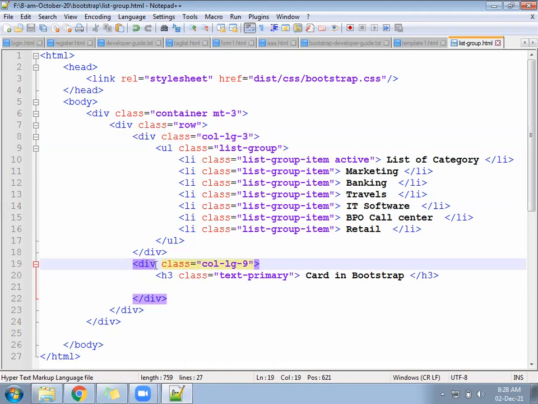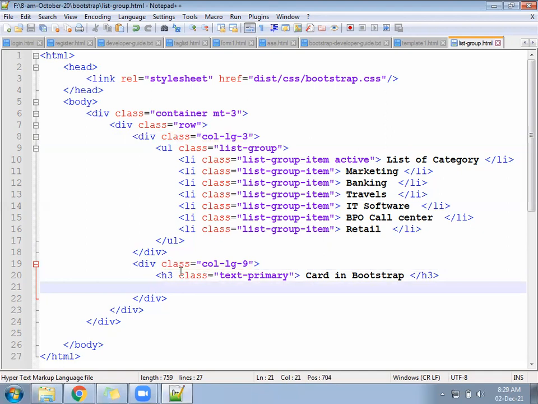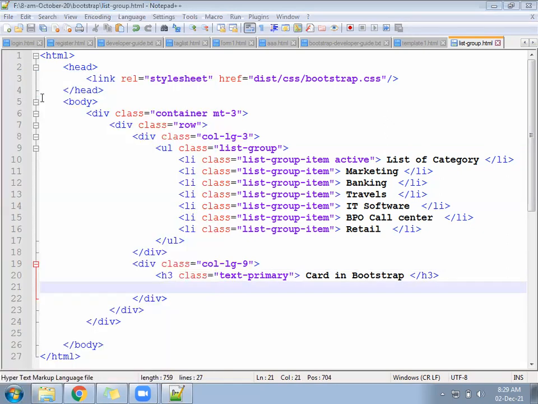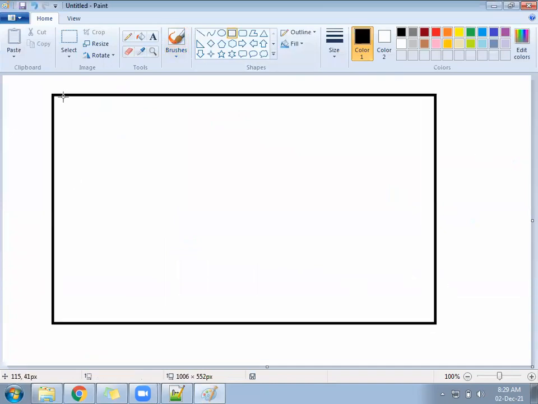Now inside the second column, that is called 9, we want to make 2-3 rows. Directly you cannot write a column inside a column. In case you require it, if you want to break multiple rows inside a column, for example, suppose I come to MS Paint here, and suppose this is one row. Inside one row, you have made two columns, 3 and 9.